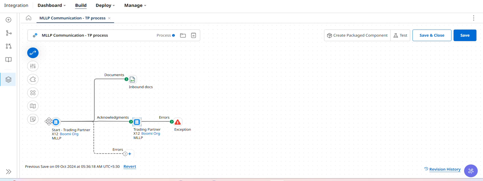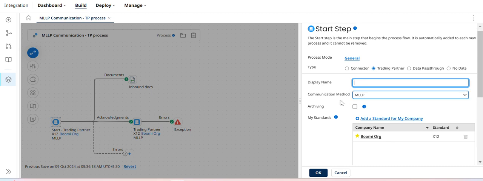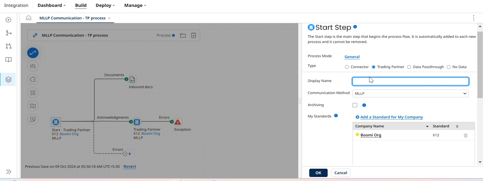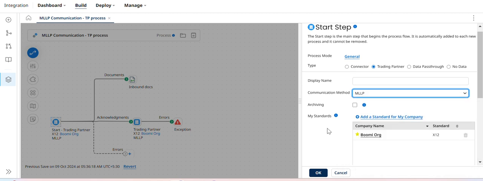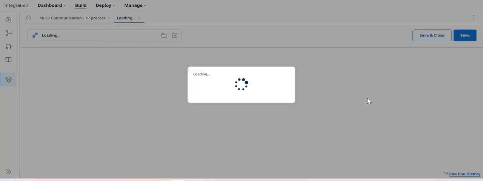Today in this video, I would like to walk you through the configuration part for the MLLP communication method. For that, I have taken a simple process here. In the start shape, I have taken trading partner as the type, and within the trading partner we can select the communication method as MLLP, and under My Company partner settings, just